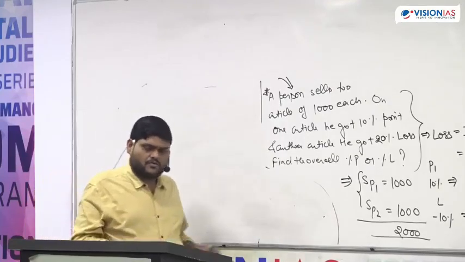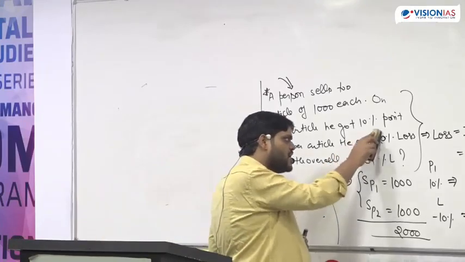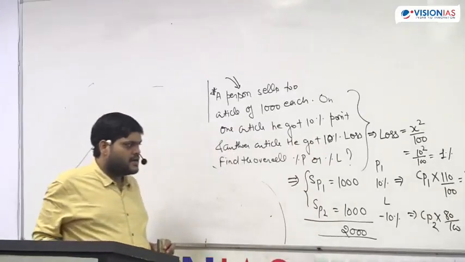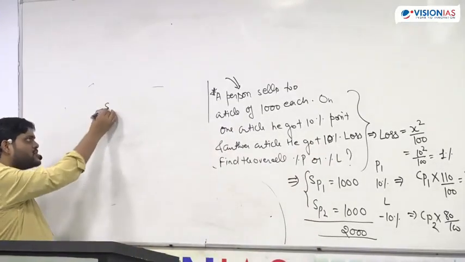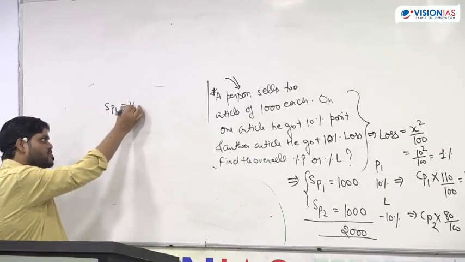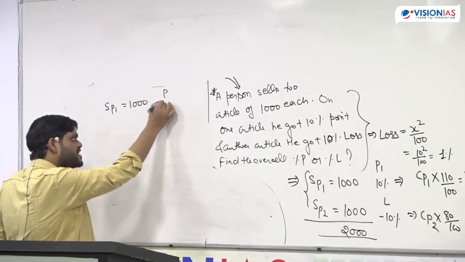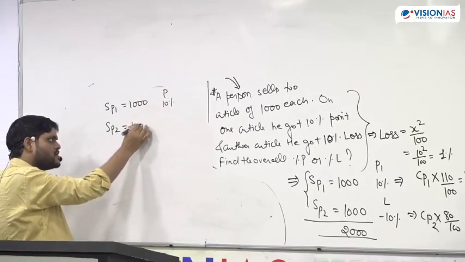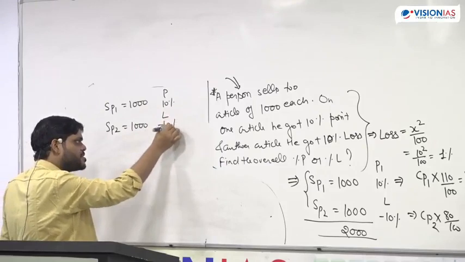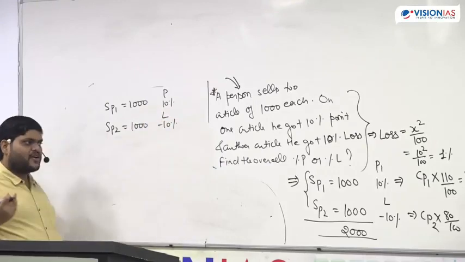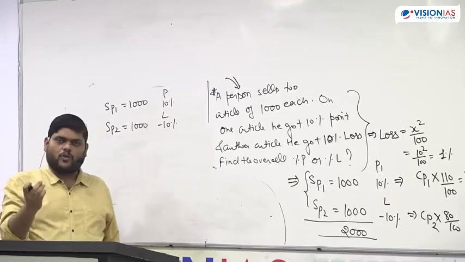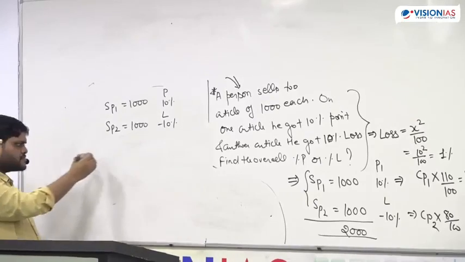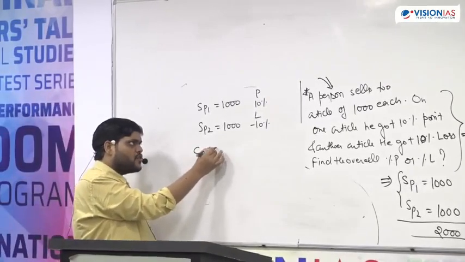Okay, suppose we are solving by the traditional method. What is the traditional method? We know that SP1 is given as 1000, profit is given as 10%, SP2 is given as 1000, loss is given as 10%. We have to find out the overall percent of profit or overall percent of loss. CP is not given. Can we find out the CP? So CP1 is equal to,